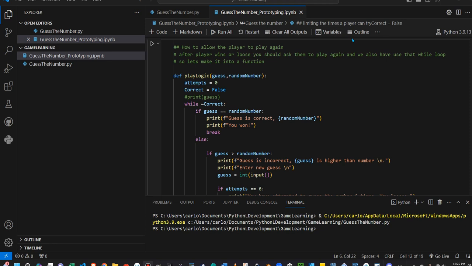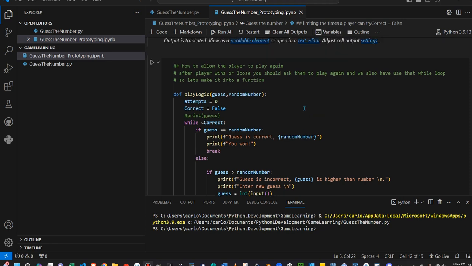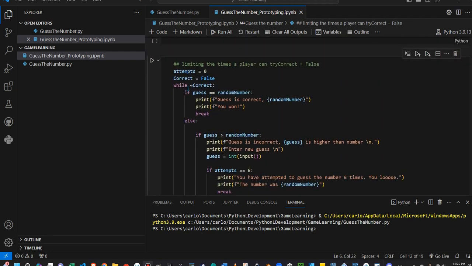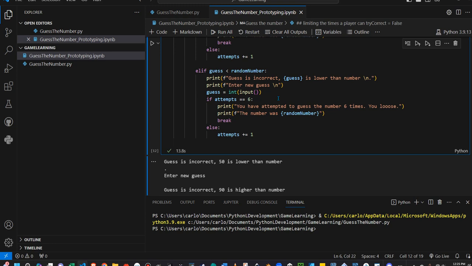All right, welcome back. So this time around, we are gonna go from, hey, we want to play, we let the player play indefinitely, to letting the player play limited to, okay, well, the player played 6 times, they lost or they won, and we want to allow them to play again. So the way we do that is we take that code that we wrote earlier, that giant while loop with all this stuff, and we make it into a function. We're gonna have to do a few little tweaks here or there,